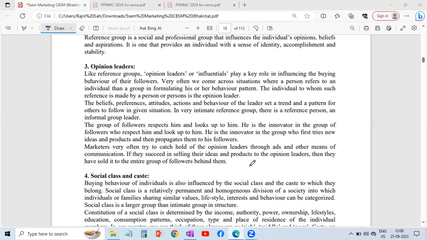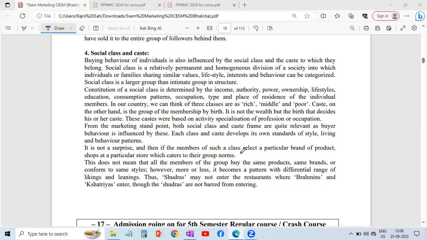Moving on to the next topic, social class and caste. You may feel that no one is much bothered about social class and caste anymore, but there is a constant problem about this caste, this class, this creed that goes on. Some people are still there who have a rigid notion in their mind about social class,